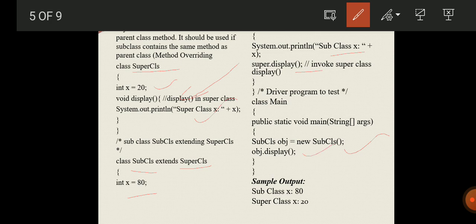First it will print the superclass value as 20 and then it will print the subclass value as 80. So this is the use of the super keyword in methods.